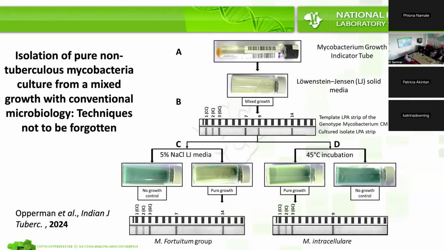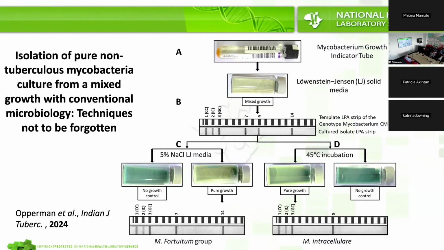So I applied a little bit of these old methods because we have the media lab right next to us. And I asked them to make Löwenstein-Jensen media for me, but to add 5% sodium chloride, so to add salt. I still remember having to carry the eggs to them because they didn't have the eggs to make the media. Because they bake them and add the malachite green that gives that nice green color. So we plated out that specimen on the salt-containing media that you see on the left-hand side here.